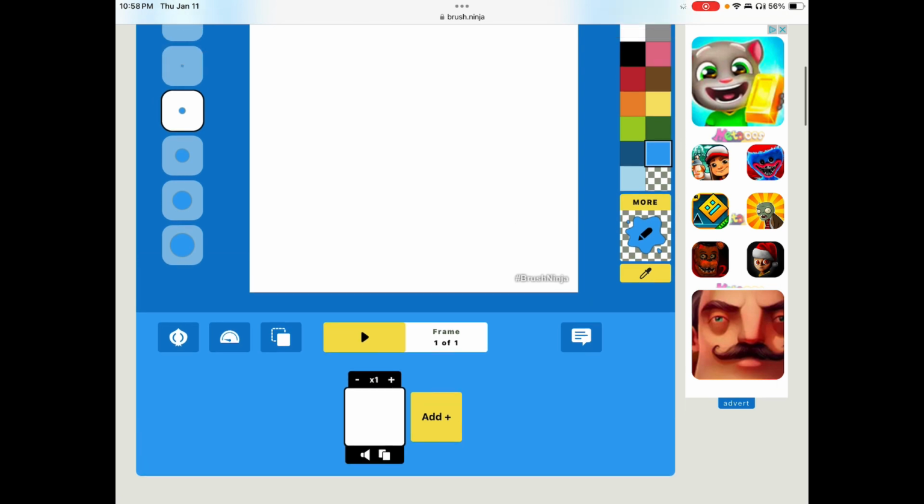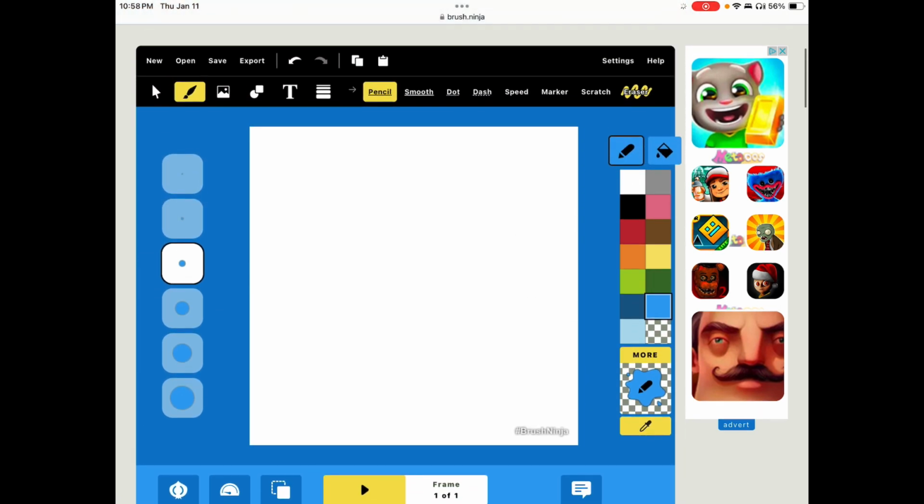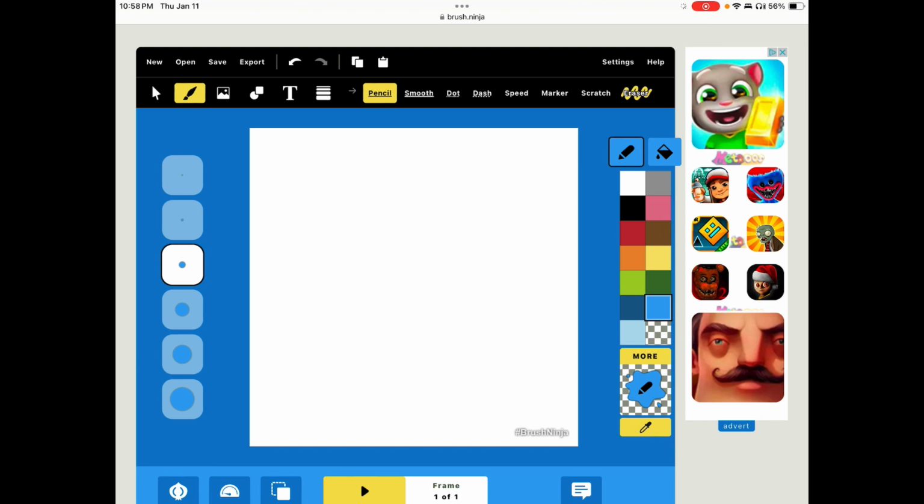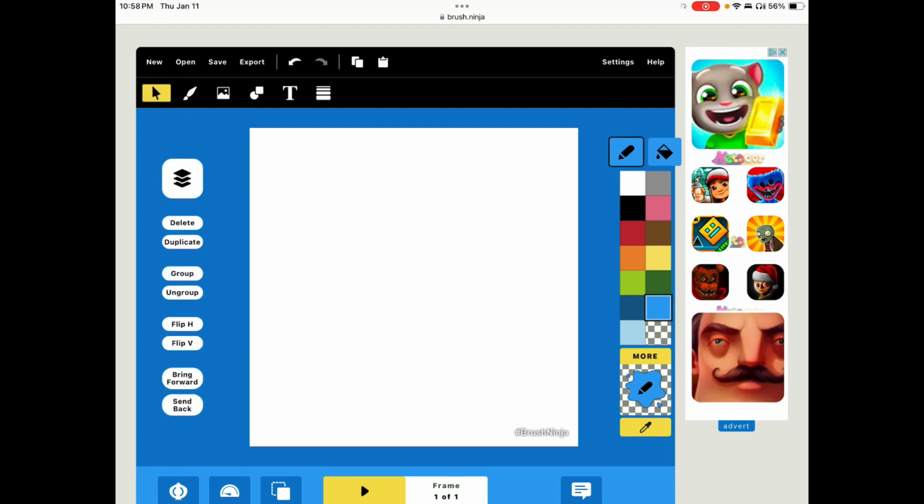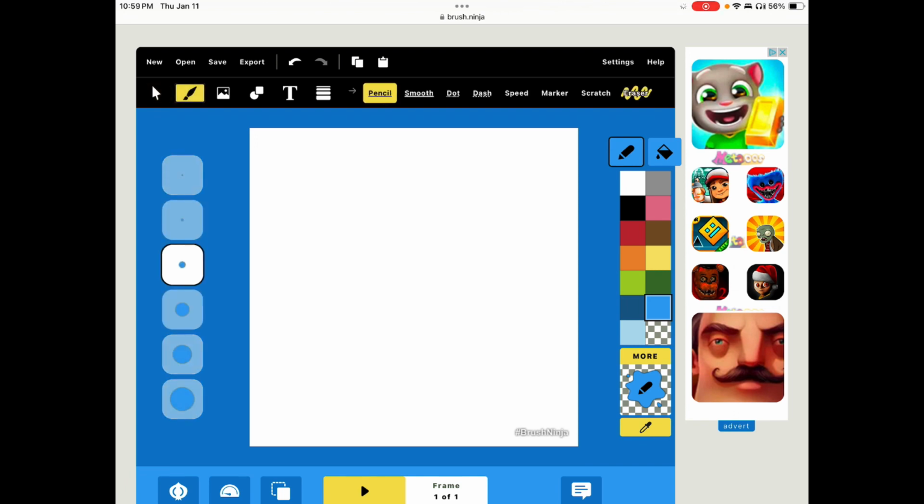We're not going to actually use that, but we're going to use the icon underneath. You can see it says frame 1 of 1. So the question is what do you like to do outside during the winter? So I'm going to press at the top. You see there's an arrow. That's the cursor. And to make this start, I'm going to press on the paintbrush and it shows pencil across